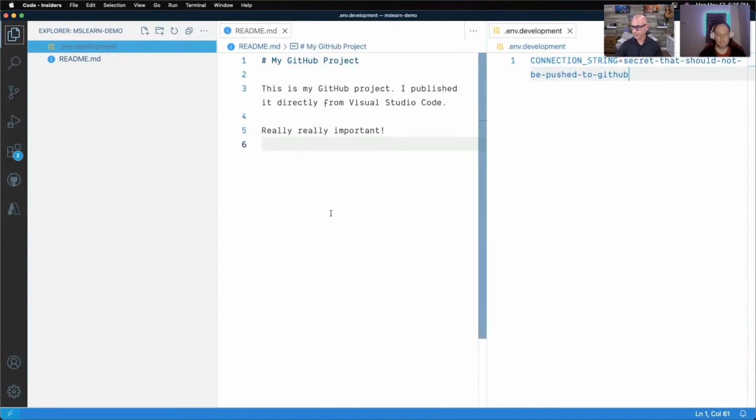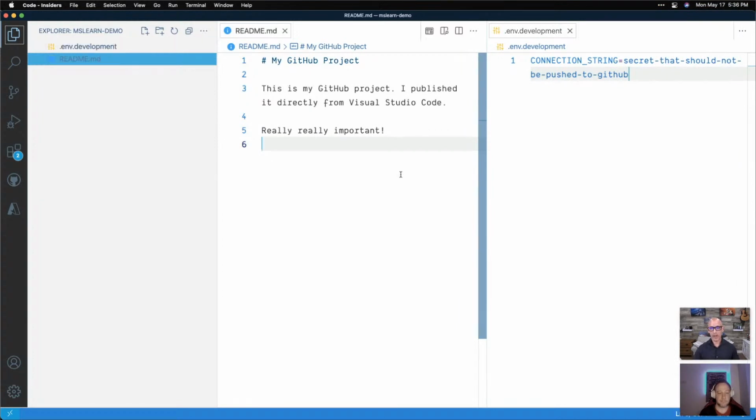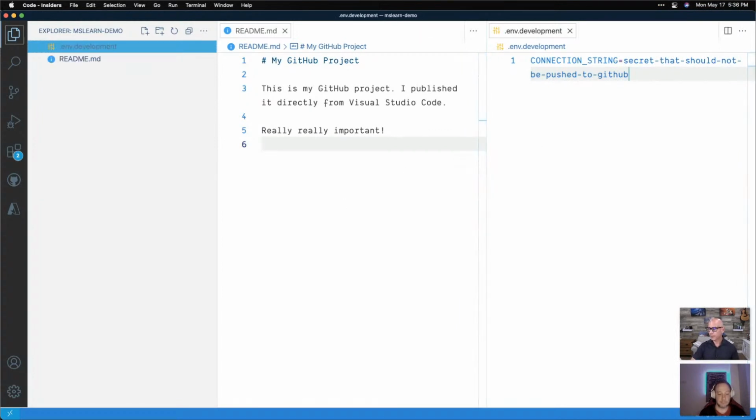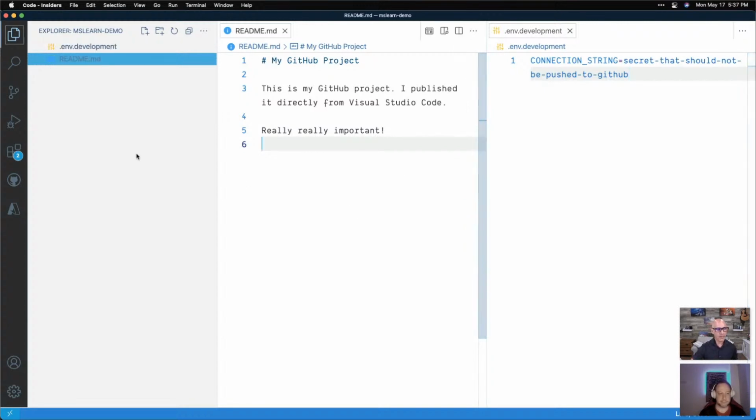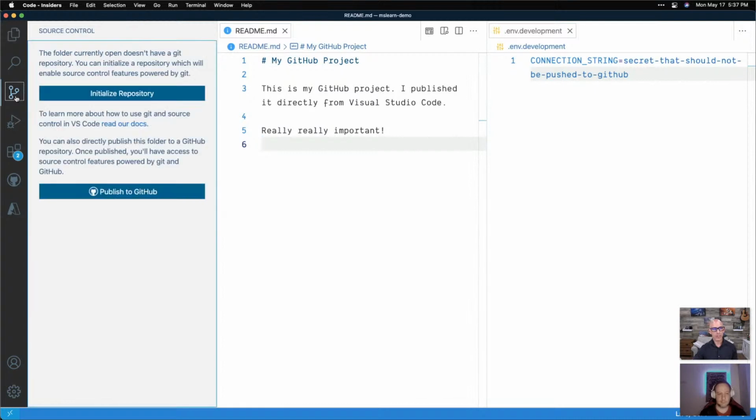Nice little feature. All right, now that we have all of this, we've saved everything, and we've got our README, we've got our development file. The next step is to publish this up to GitHub. Now, over on the left, you're going to see a bunch of little icons here. And what this one right here is, with the little dots and the lines, is source control. We're going to click on that, and it's giving me two commands. I can initialize my repository, which means locally, or I can publish it to GitHub, which is also going to do the init for my repository.